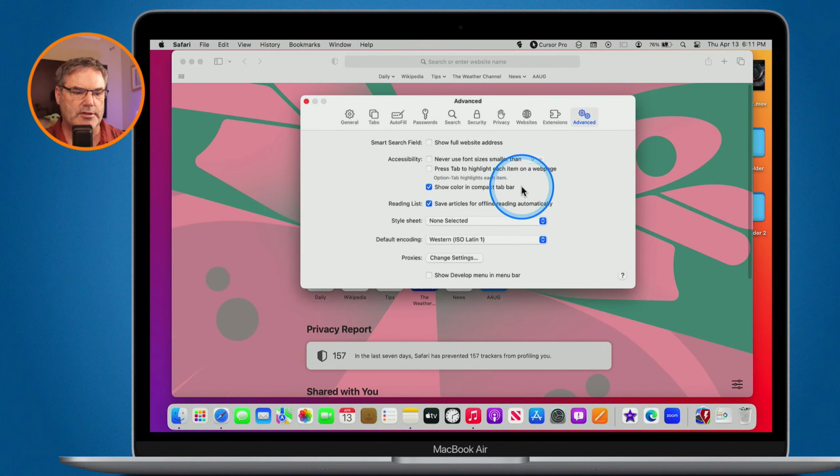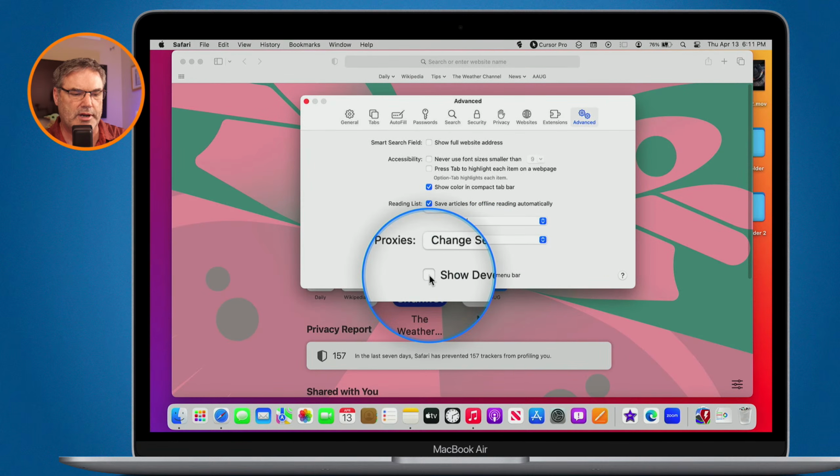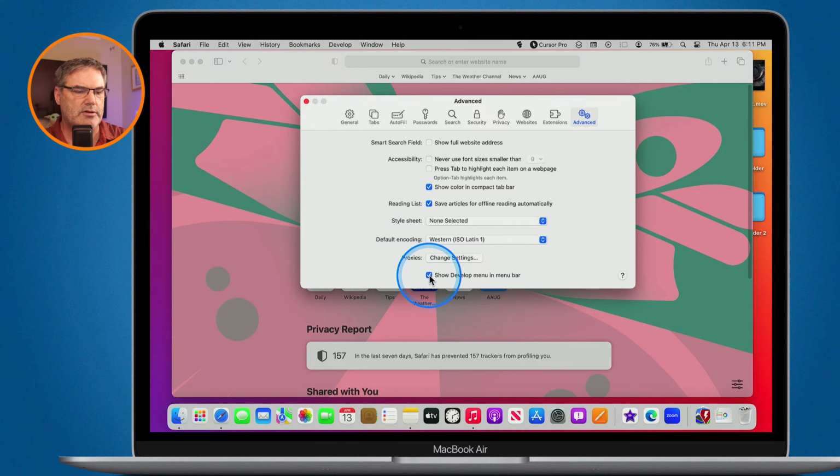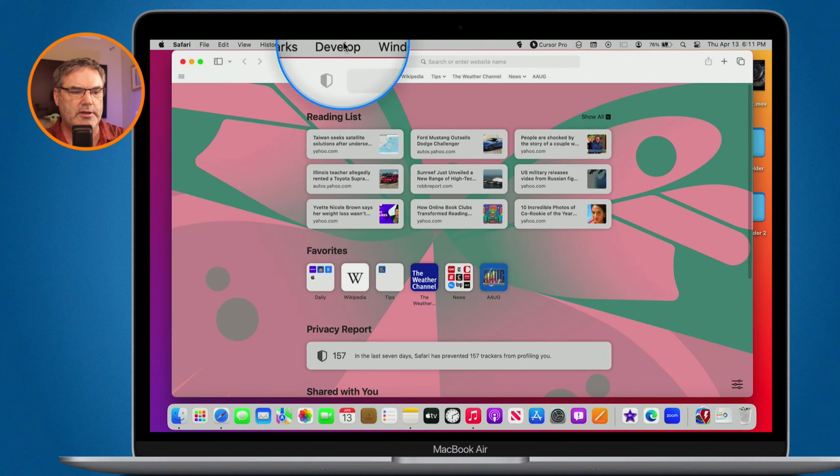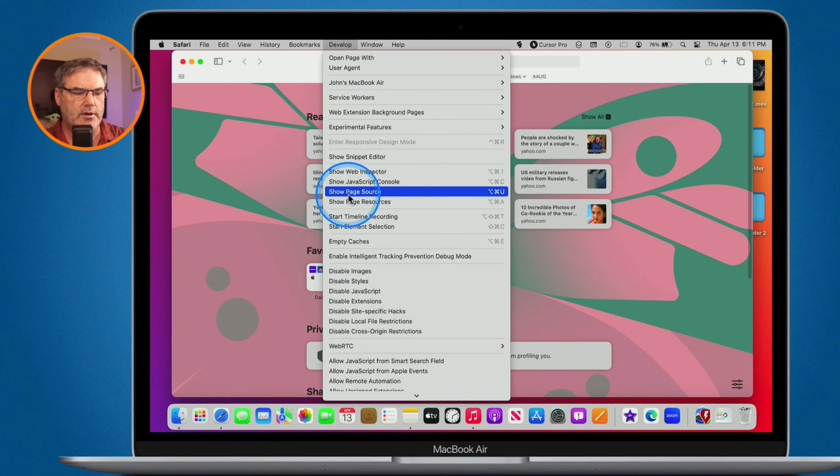So that's a look at the settings and how you can customize. As you can see, there's a lot of different customizations in here. If you really want to geek out, you can show the Develop menu. And now when we go up here, I can really go in and take a look. You're not going to break the site, so you can go in here and play to your heart's content. But the one that I do use